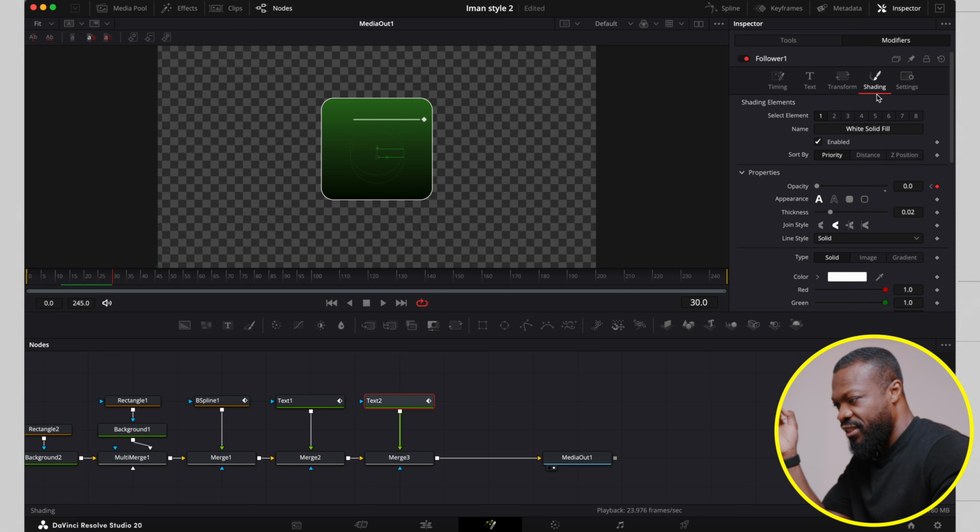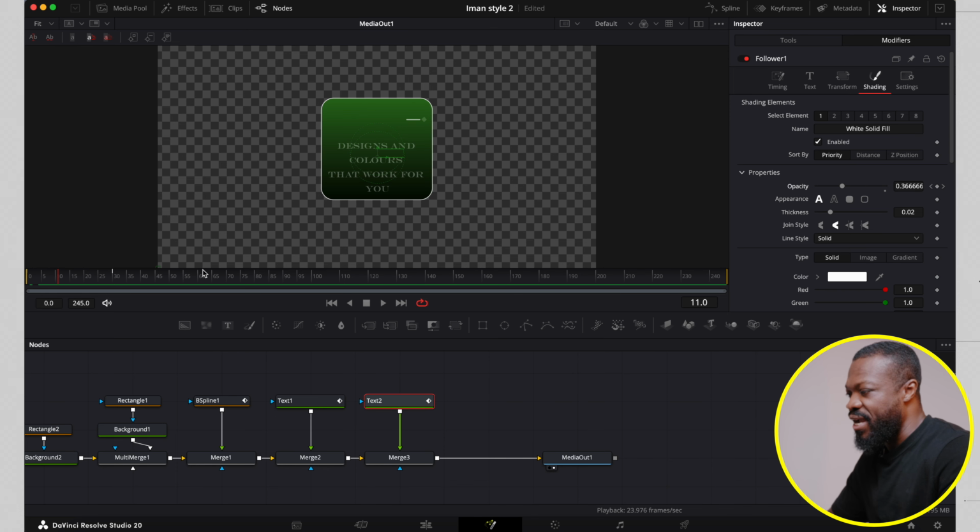Let's do it with the shading tool. It's giving us the opposite. So this is the last keyframe. We want it to be showing on that side. Then when you go to the previous, we want it to go all the way down. So now when you play, it's going to come in nicely. I hope I did not get you guys confused on that side. I did the opposite. Now what we can do is we want it to be coming in one word at